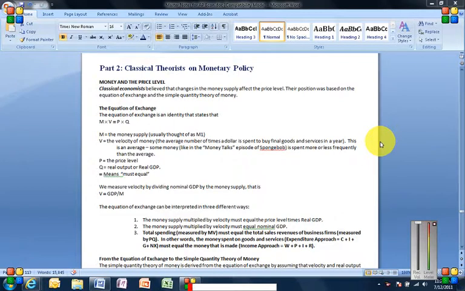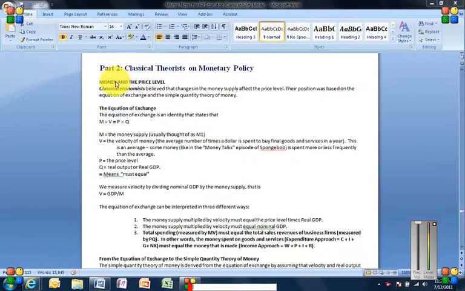So we've talked about the Keynesian view on monetary policy, but actually the classical theorists predate. They came along before Keynesian theory, and so we need to spend a little bit of time on that. There's a real detailed background to how classical theorists interpret monetary policy and their views, primarily because their tradition is to focus on the money supply.